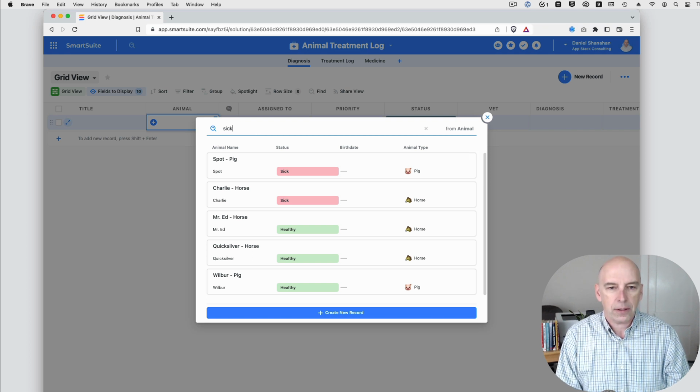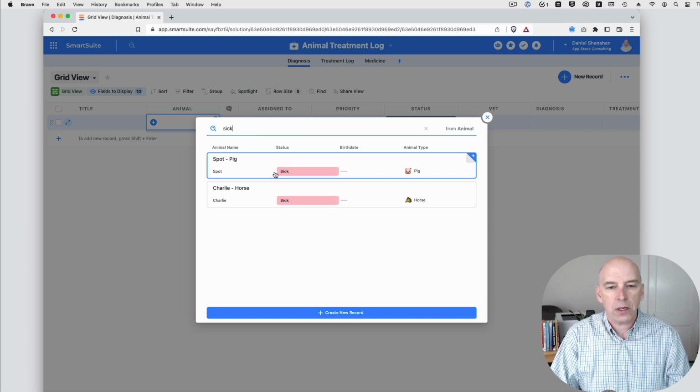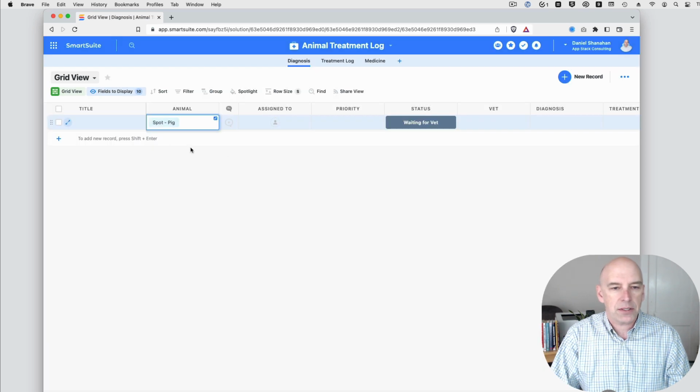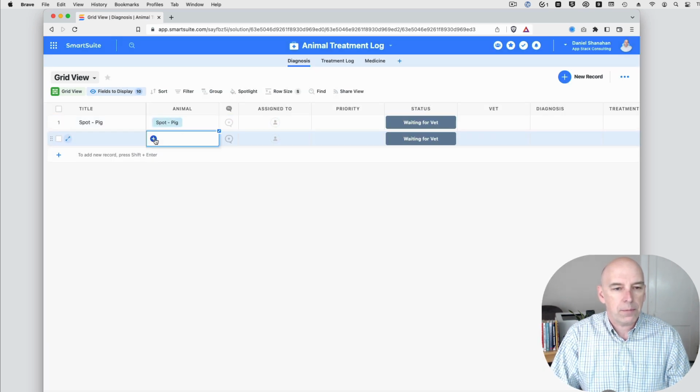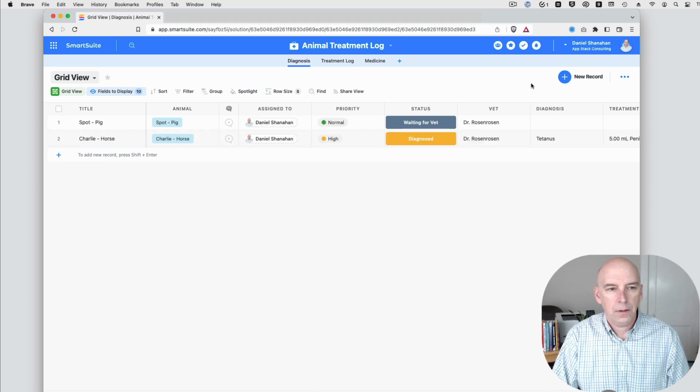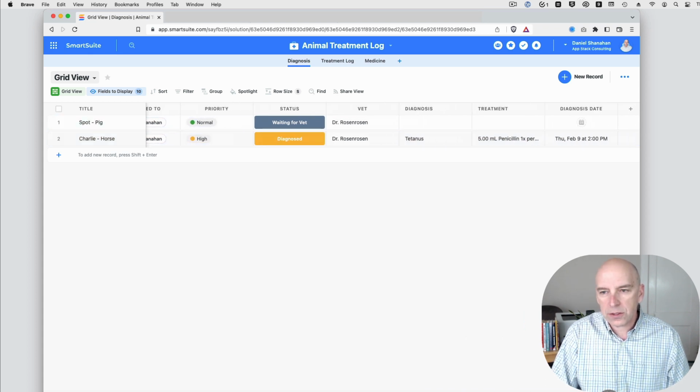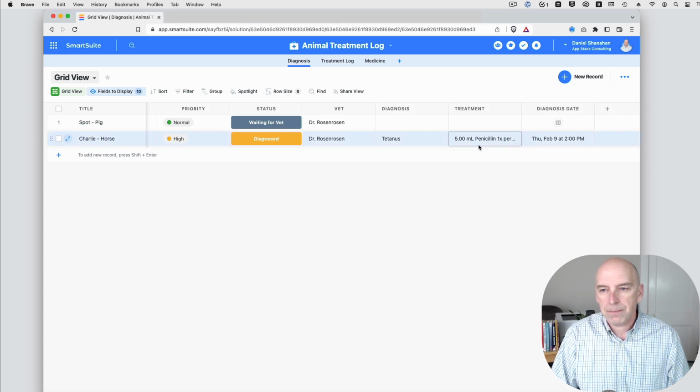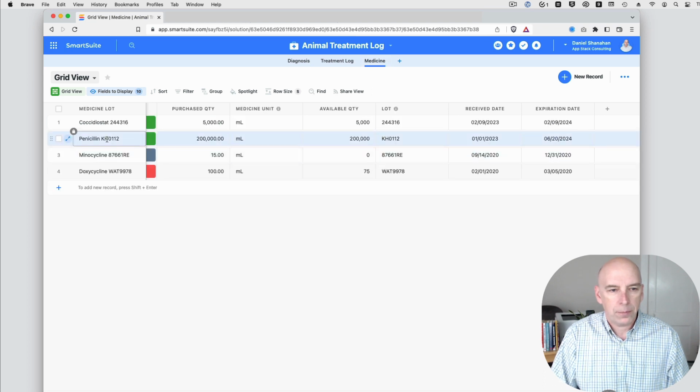And so here, if you have a long list, then you might want to just select the sick ones. So I'll do that. I'm going to grab this here for these 2 sick animals. I filled in some of the data here so we could see that the doctor has already seen the horse, but has not yet seen the pig, and has made a diagnosis. And that's the treatment. And we could see over here that we do have the penicillin. I'm sure it's a particular type of penicillin, but the point is, how does it get logged into a tool